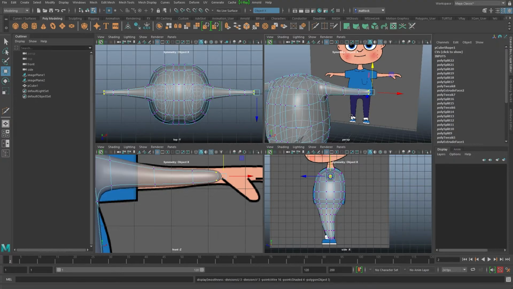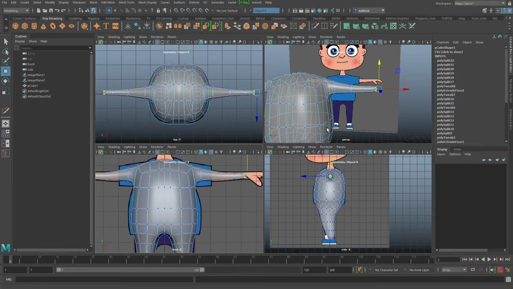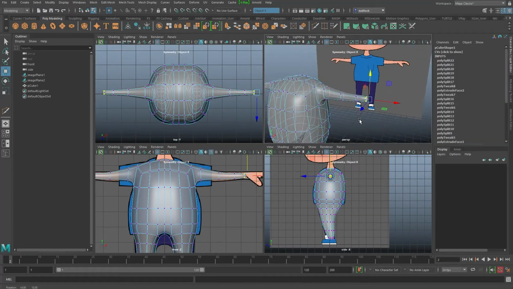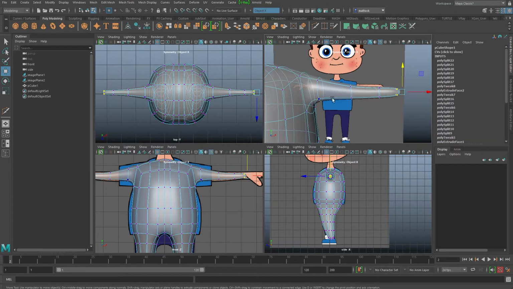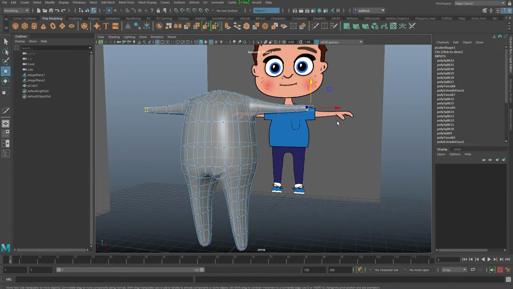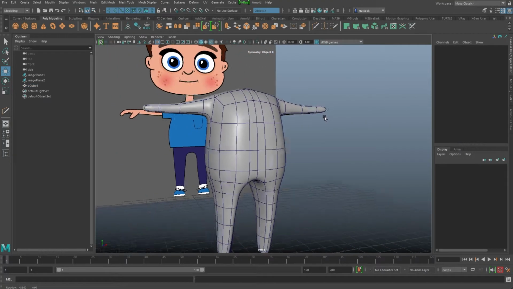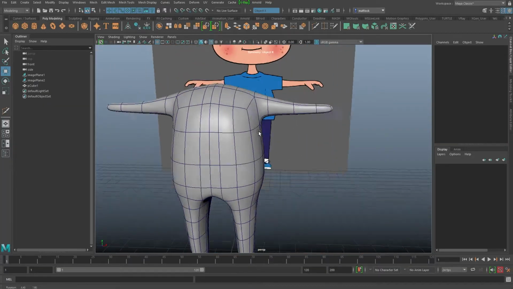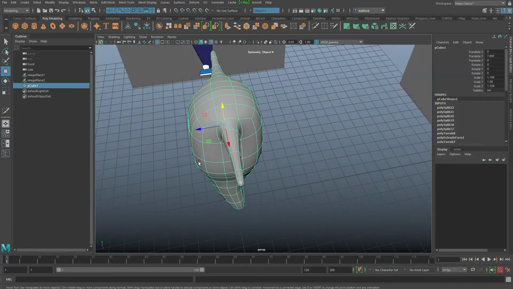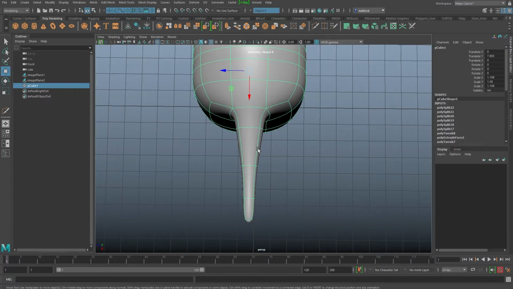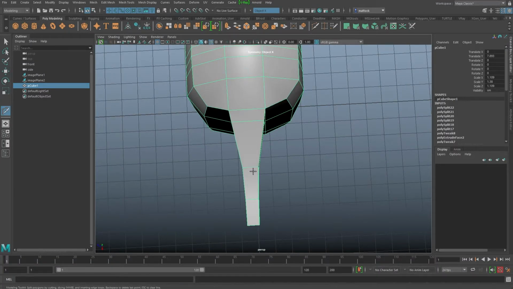Let's hit the 3 key to get sort of, yeah, that looks really good. I'm going to go back to solid here. Okay, definitely needs some thickening up, doesn't it? So let's go back here, add in some more edge loops.